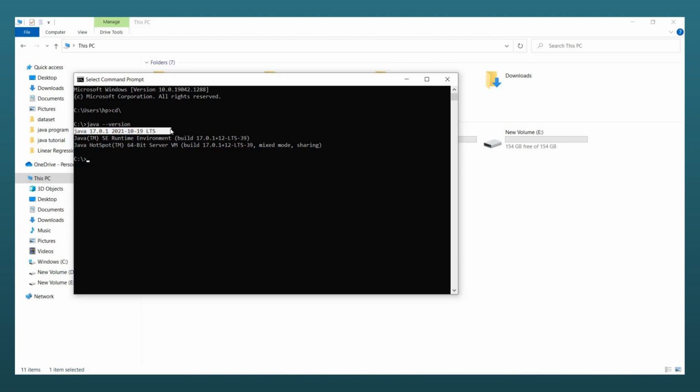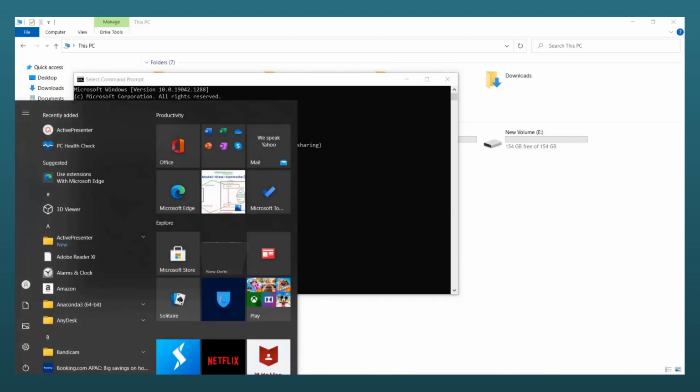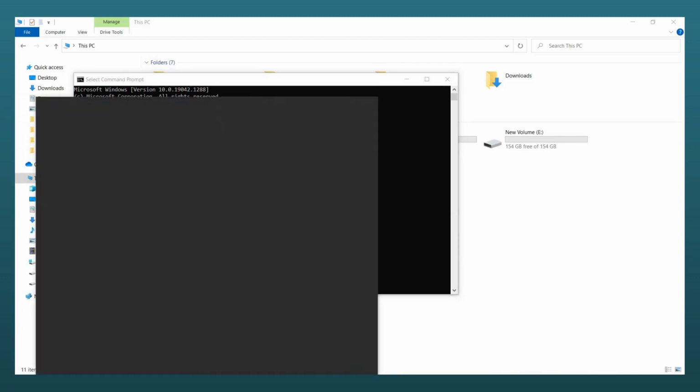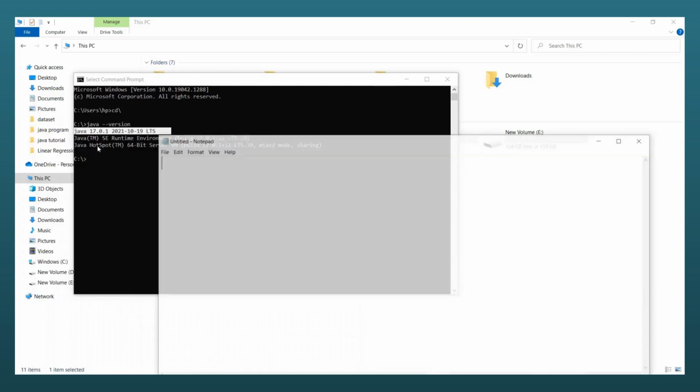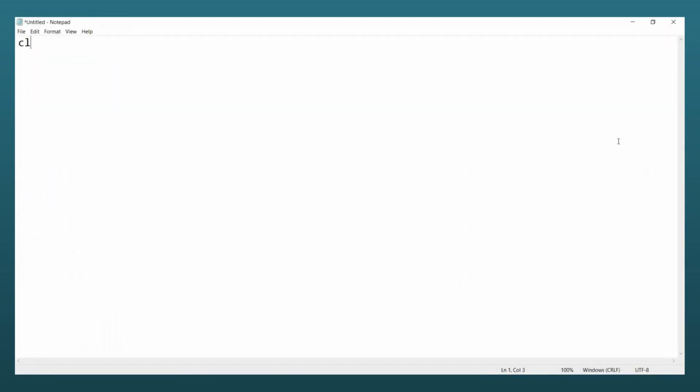Then after installation, very simply, suppose I want to write a program. I will open Notepad and write a class name, suppose MyExample. Then public static void main.